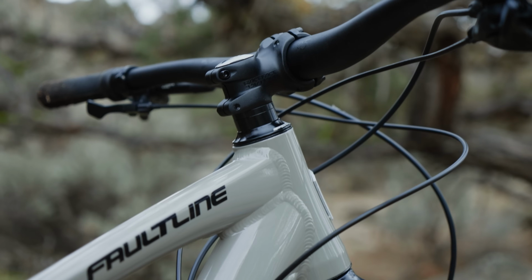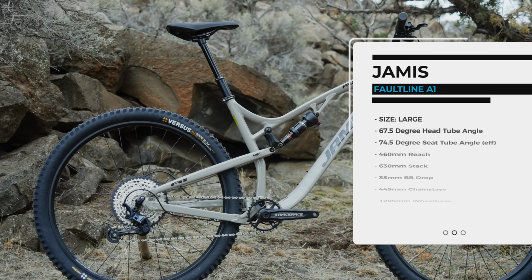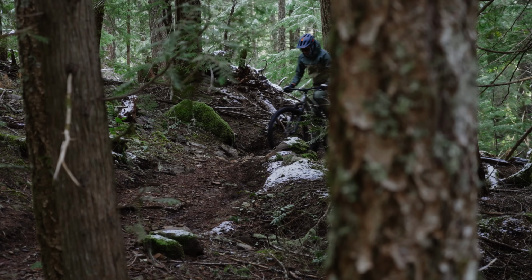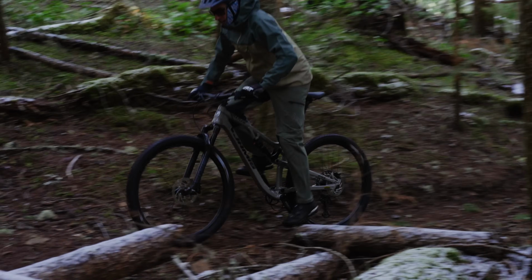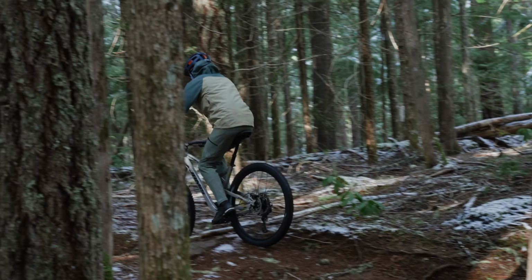Yeah, I think one of the bigger differences between those and the Jamis is the slightly relaxed seat tube angle. That did feel, at 74 and a half, 2004-esque. Yeah, so one of the things that Max, you talked about was, oh, this bike feels really long. But then when you looked at the reach numbers, I think the bike feels long seated. Right? But then when you go to stand up, and the seat post is down,